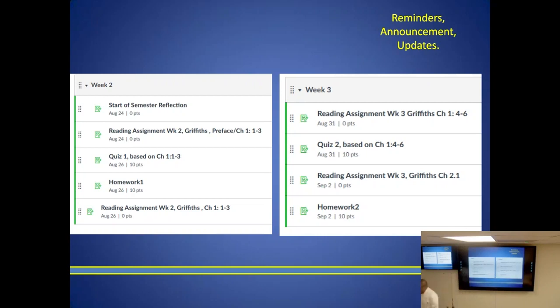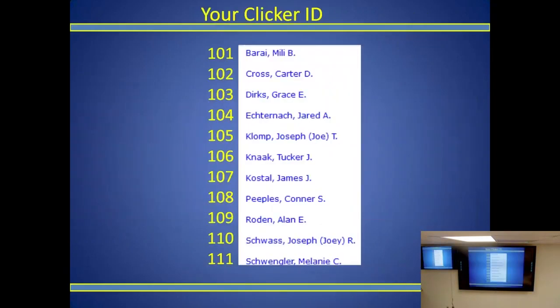All right, so let's go straight into, oh yeah, I have clickers and I have already registered you, so you don't have to bother. And when we are ready, we'll use the clickers, okay? But you may want to take note of your numbers. How many of you are taking other courses in this room? Yeah, so in those other courses, your clicker numbers may be different. So you want to write this down, because I may not show this page every time. I may do it two more times.